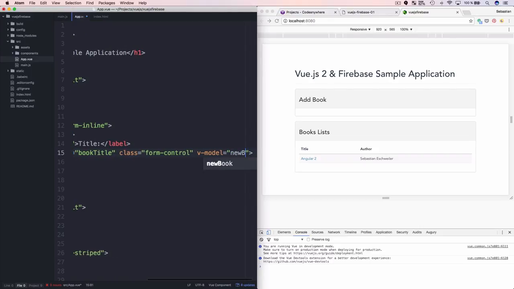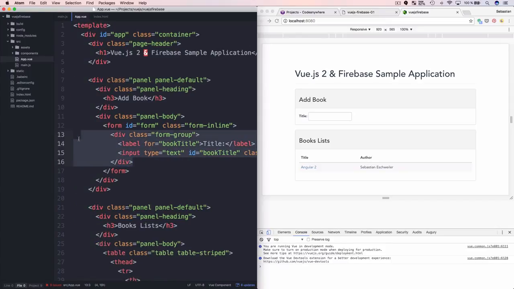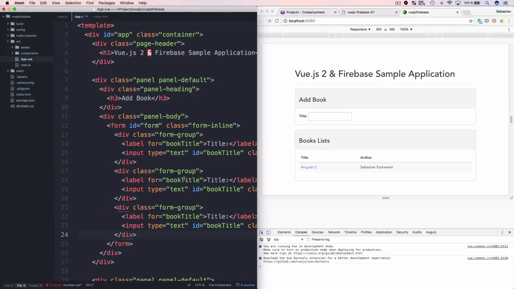In our case it's new book.title we want to bind to, and that is all we need for the first form group. So let's save it. Okay, you can see here it is, and now we are including two more form groups, so 1 and 2,